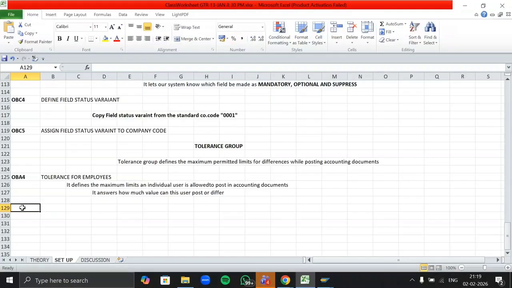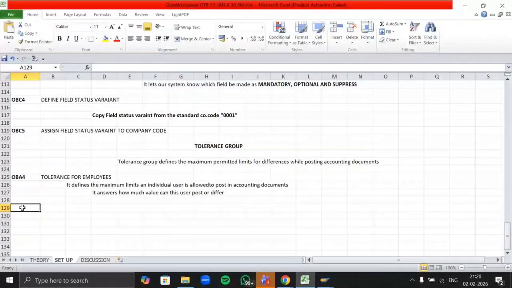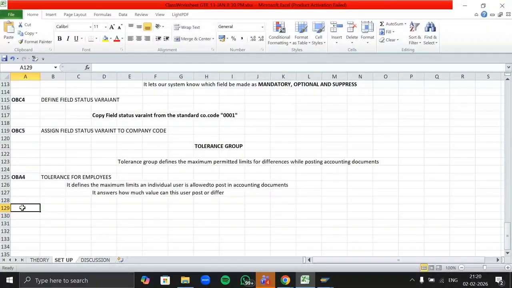that it should not exceed beyond 2 lakhs. Any travel expenses should not exceed 2 lakh per document. I'm not saying that travel expense in total should be 2 lakhs, but if you're posting a travel expense the first time, it should not be more than 2 lakh. Let's say you posted this travel expense for 2 lakh. Now another travel expense you can post of 1 lakh also. That is fine. But per document, the limit is up to 2 lakh only.